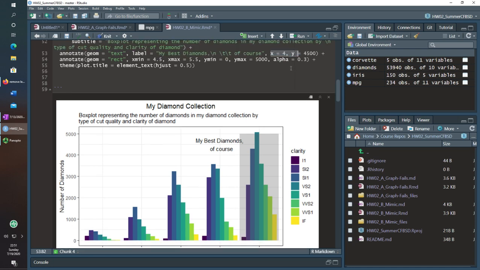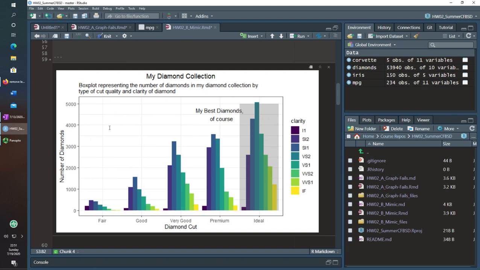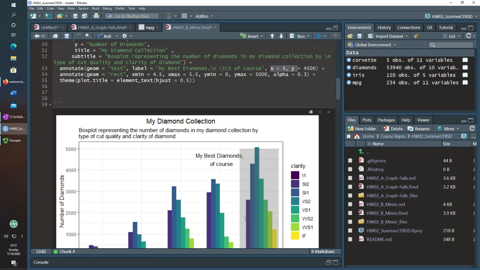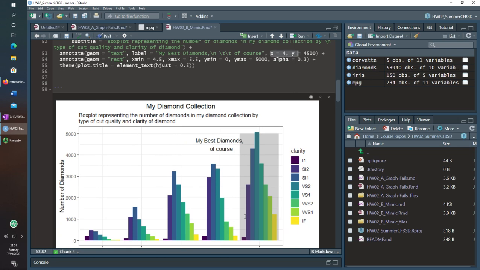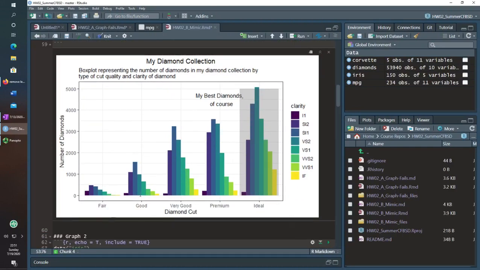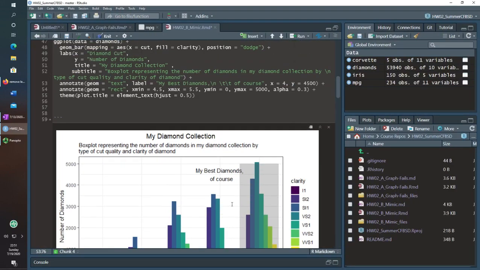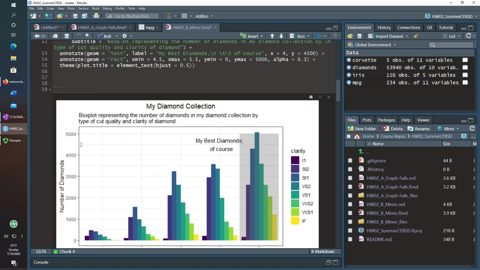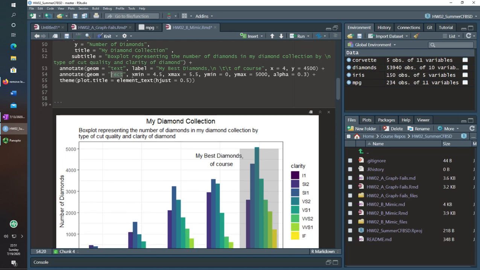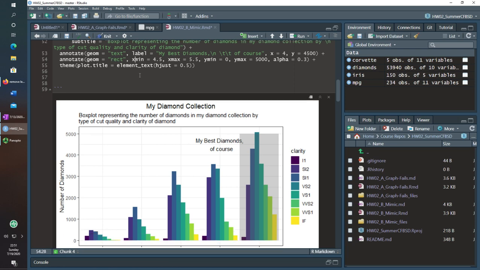The x value for this is something you have to specify. I mentioned before that with one of the things you can specify as a percentage, with the annotate, you're adding something to the graph and it needs to know the actual literal position that you're going to put it on. In this case, x is equal to 4, which is 1, 2, 3, 4, so it's actually premium, and y is equal to 4,500, and it puts it and centers it right there. So very nice. geom_annotate is very similar. In this case, though, I'm putting a rectangle, and for a rectangle, you need to put 4 coordinates in: an xmin, xmax, ymin, ymax, and there you can see how you do it.